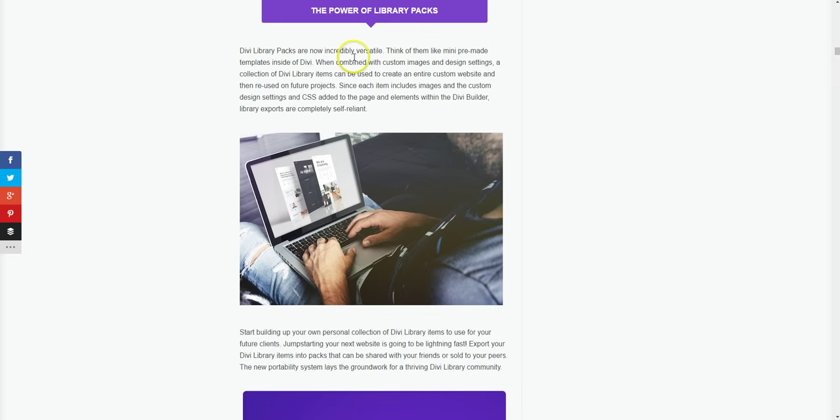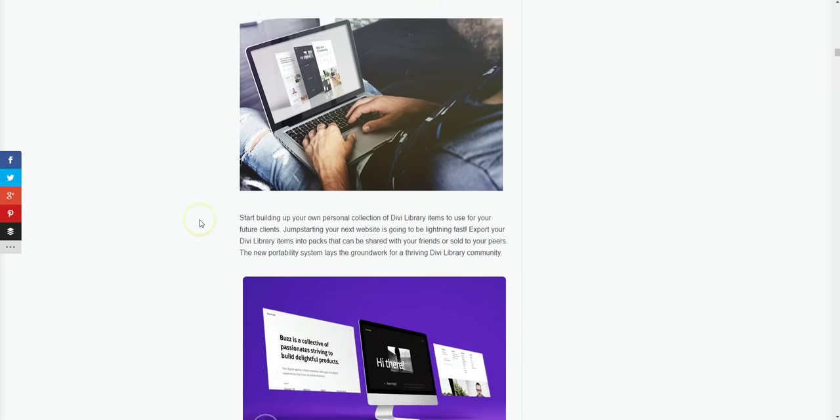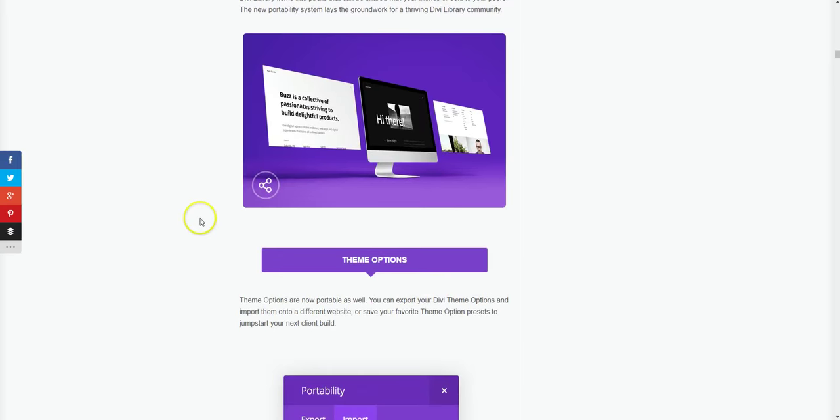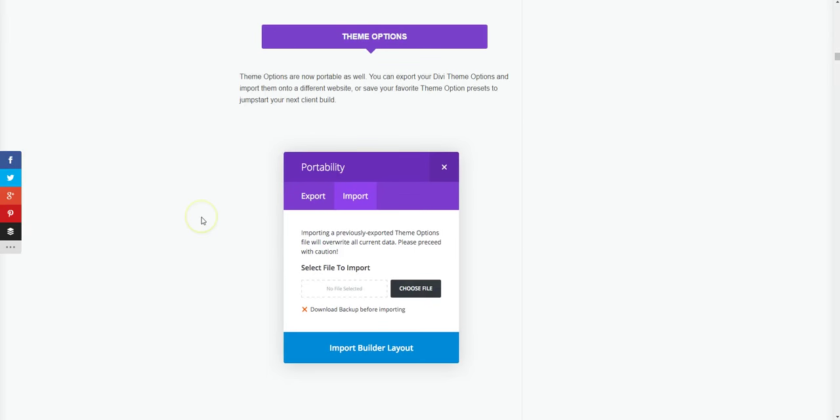So Elegant Themes have put together a library pack which includes I think 3 About Us page layouts, which you can download and use on your website. We're going to actually use one of them now just to test out these new portability options. Along with